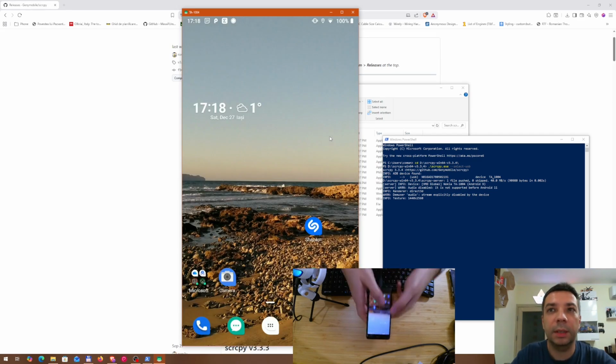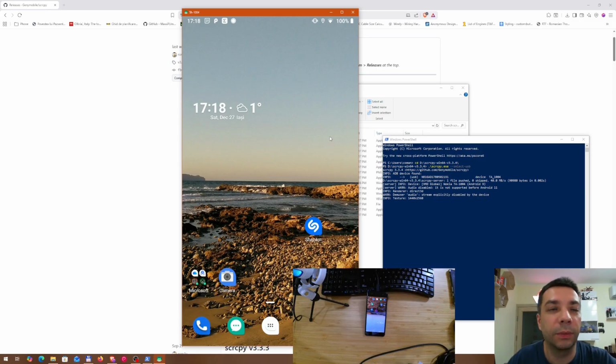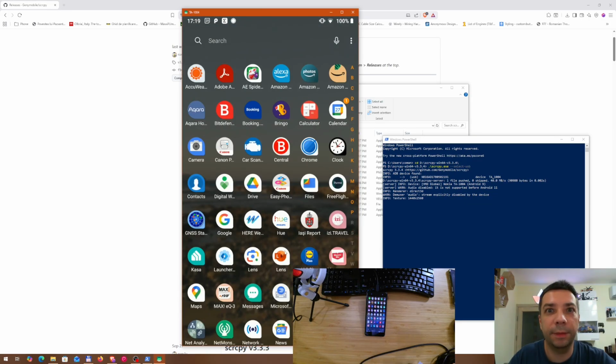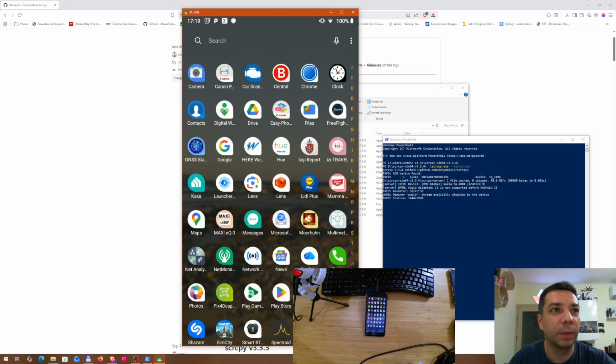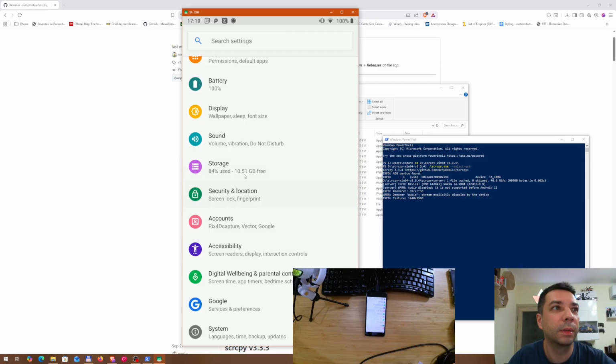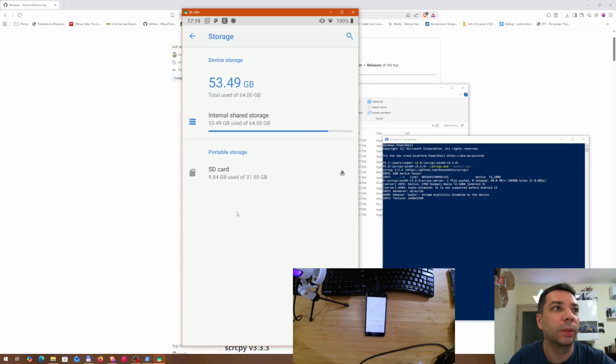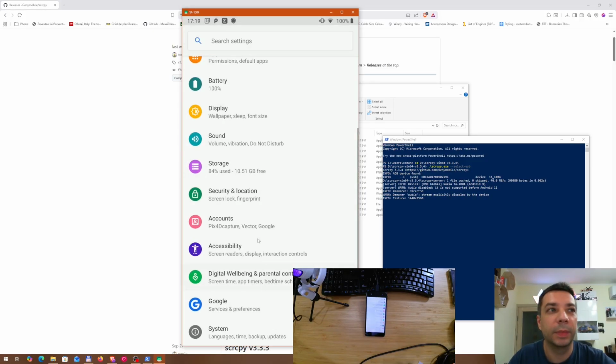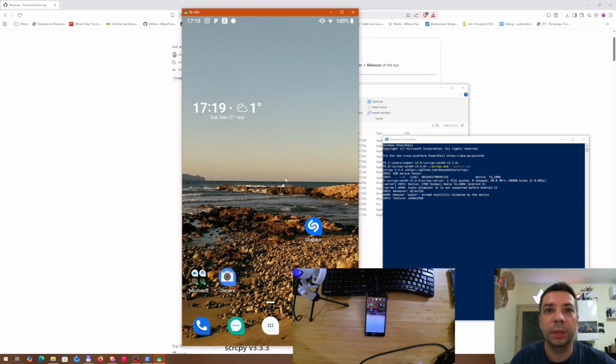But that's not exactly everything that this software can do. And here is the very interesting part. I have my mouse, I have my keyboard, so I can simply control the phone from my computer using the scroll, like going into settings, doing whatever I want. It's bidirectional, it works perfectly, and the very good part is that you can also bring this